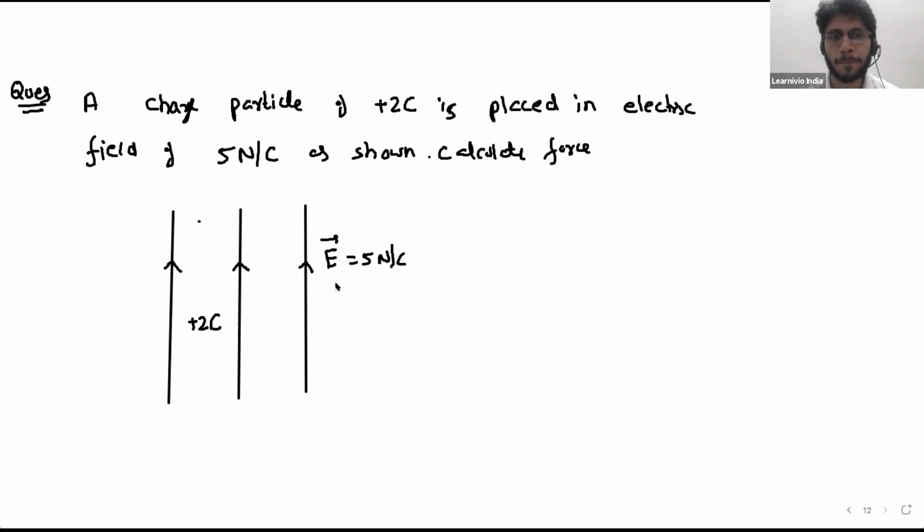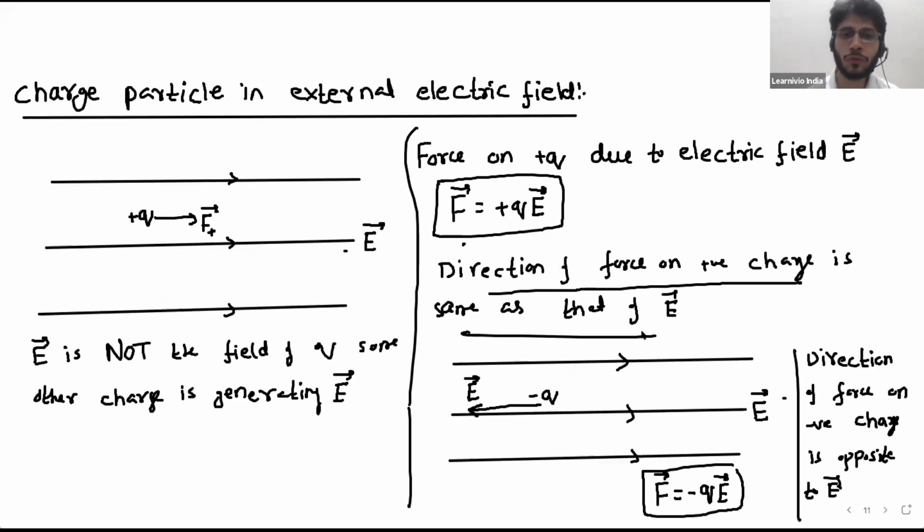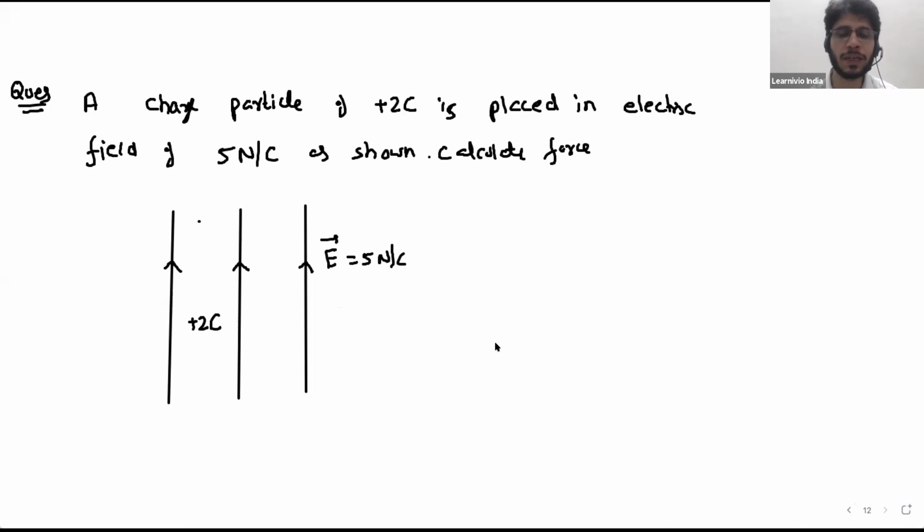See, if you have a positive charge, then the direction of force on that positive charge is the same as that of field. What is the direction of field, Sania? Plus y-axis, plus x-axis, negative x-axis, z-axis? What is the direction of electric field here? This arrow will tell. Y-axis. Positive y-axis. So, the direction of force on the positive charge is also along positive y-axis.